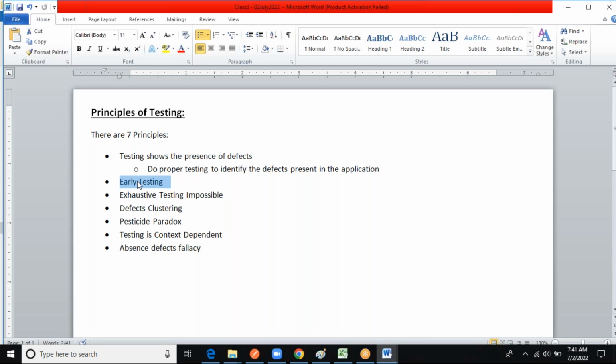So you will be thinking testing means opening the application and checking whether it is working or not. You don't think like that. Testing means not only that activity. To reach that level, you need to do some pre-work. What is that? You need to analyze the requirement, you need to understand the requirement, whatever clarifications you can get